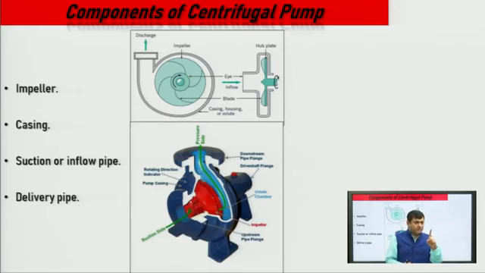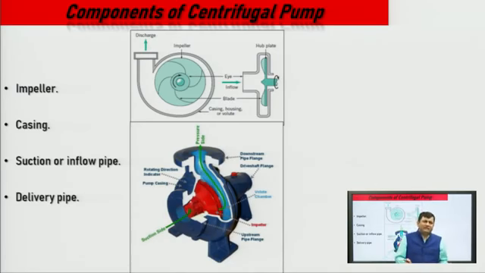What is the function of the volute? The volute casing acts as the diffuser. Diffuser means it converts kinetic energy to potential energy. It is seen that approximately 10% of the energy is lost in the casing only, because we can't ignore mechanical and other friction losses in mechanical equipment. So the first component is the impeller, the second is the casing, then the guide vanes.